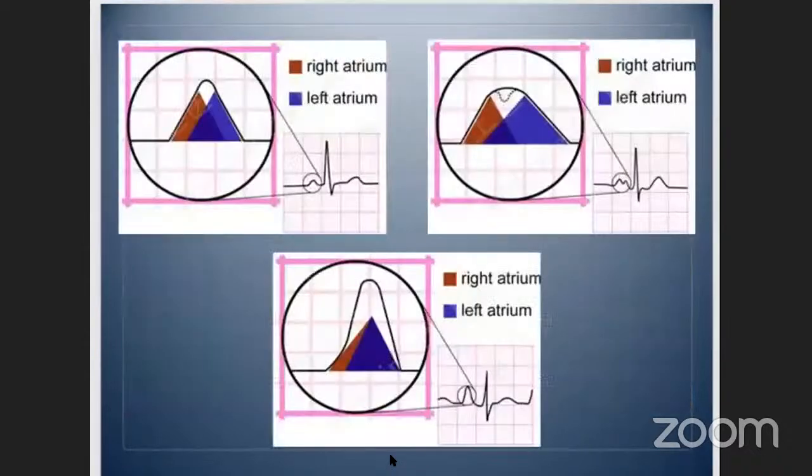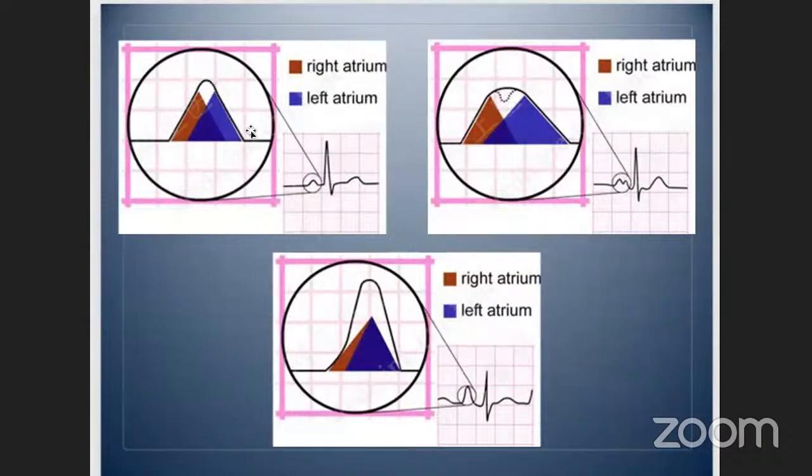With regards to the P waves, I spoke to the conduction through the ventricles, and this is just an explanation of why we get P pulmonale or P mitrale, dependent on which atrium is affected. So in the healthy individual, a P wave is the sum of initial right atrial depolarization, and then shortly after, as the conducting fibers move to the left atrium, it would follow, and then we would get a normal P wave.